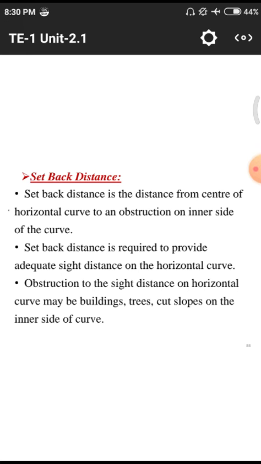In metropolitan cities, these kinds of roads are laid beside buildings and other public utilities like bridges and other important structures like courts, schools, and colleges. They are laid beside the road. So due to the height of the structure, we won't be able to see the front vehicle. These are the obstructions we face while traveling on roads having horizontal curves. So we need to have a particular setback distance.